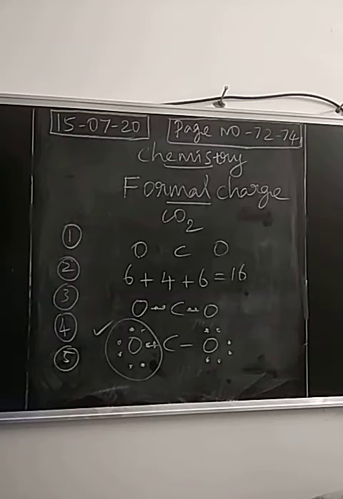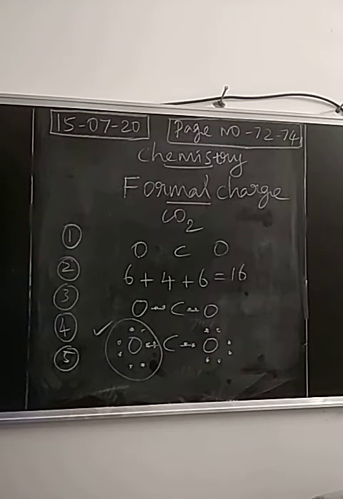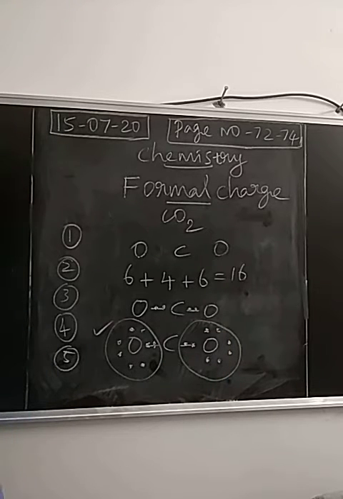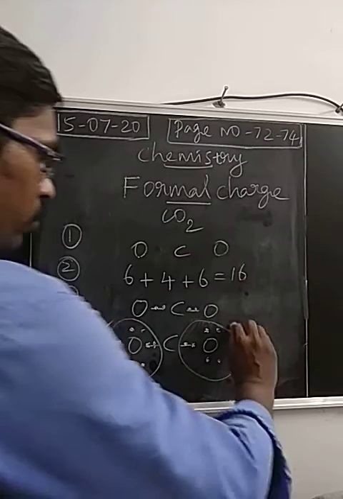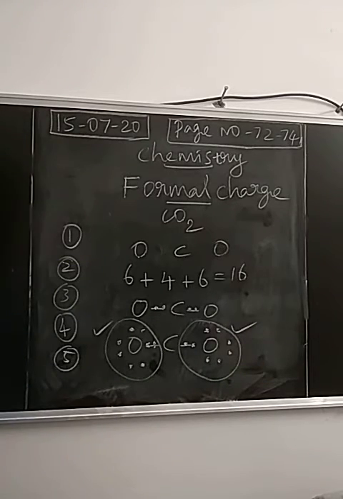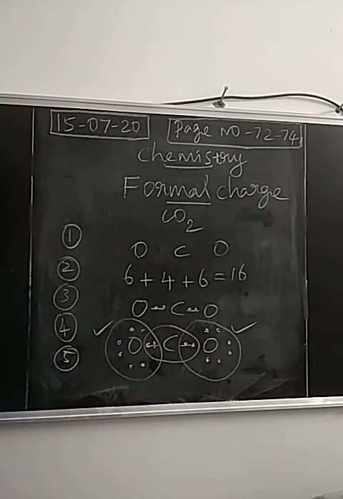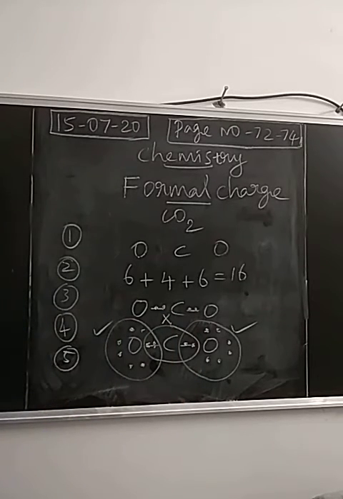Now this oxygen, for this covalent bond 2 electrons. Around this oxygen 8 electrons are present. 2, 4, 6, 8. So this oxygen is also stabilized. What about carbon? Around carbon there are only 4 electrons. So now carbon is not obeying the octet rule. The 2 oxygen atoms are obeying the octet rule, but carbon is not obeying the octet rule.